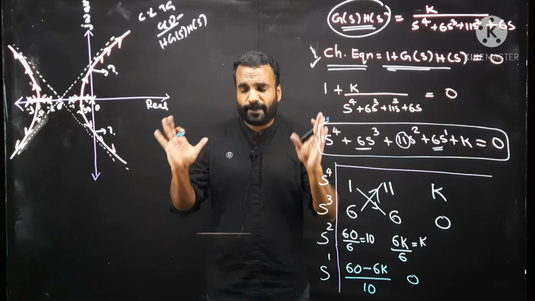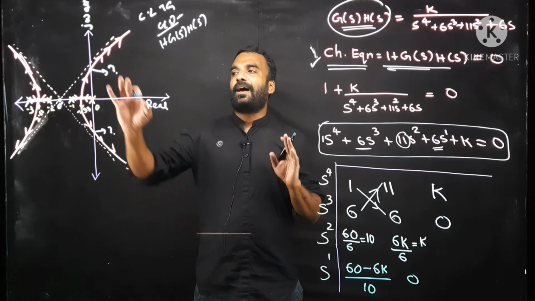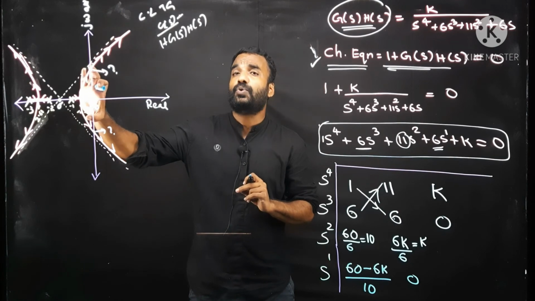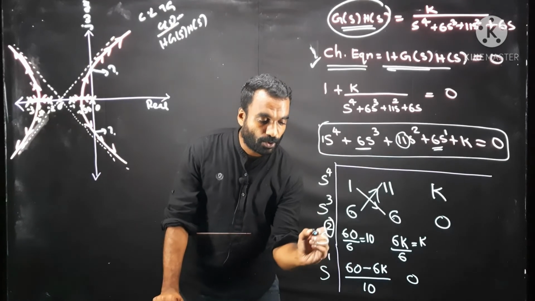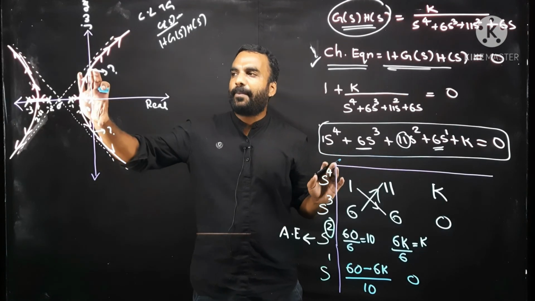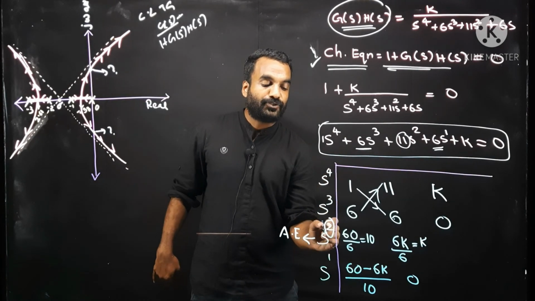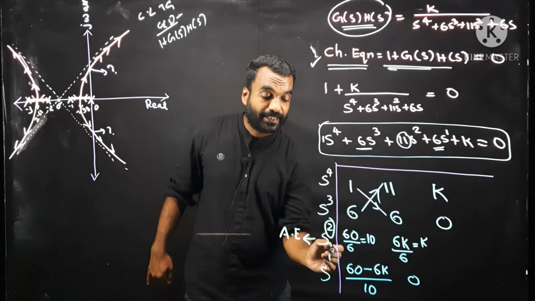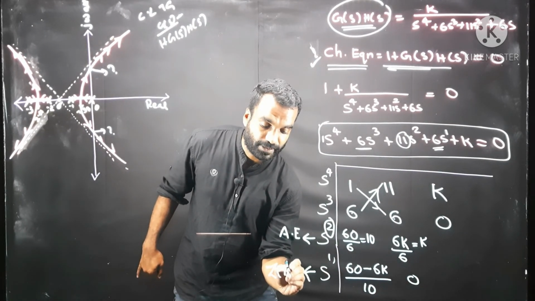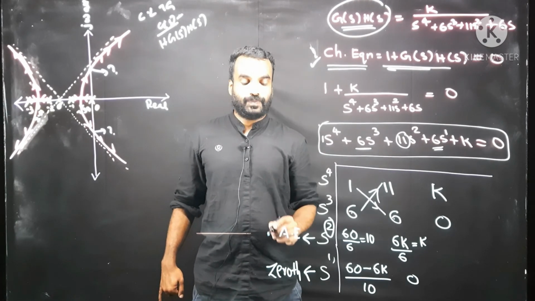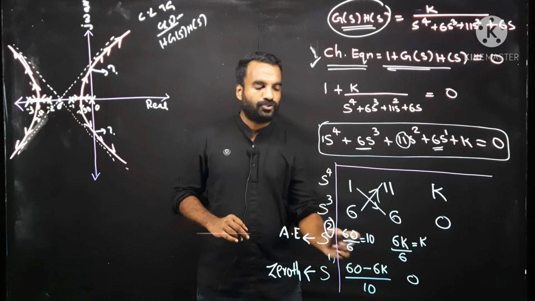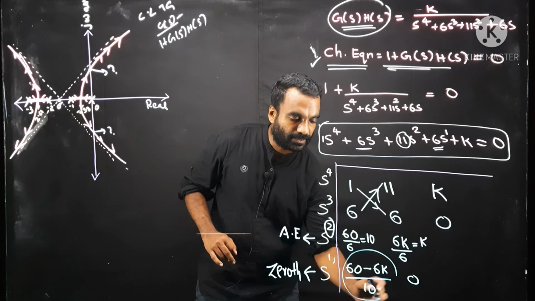So this is the important area. Please be careful. If I am having two crossing points, please keep it in mind, then the s^2 row will give the auxiliary equation. Once again, if I am having two crossing points, the s^2 row will give the auxiliary equation. The s^1 row will be a 0th row. This is RH special case 2. This row will be a 0th row, that means all the elements in this row should be 0. So this term will also be 0.